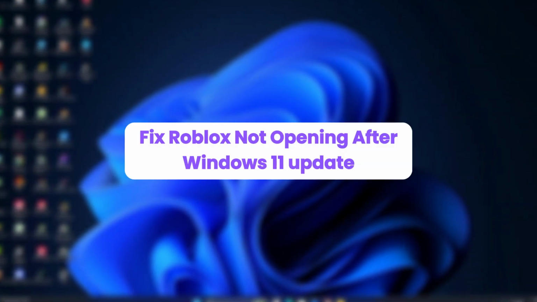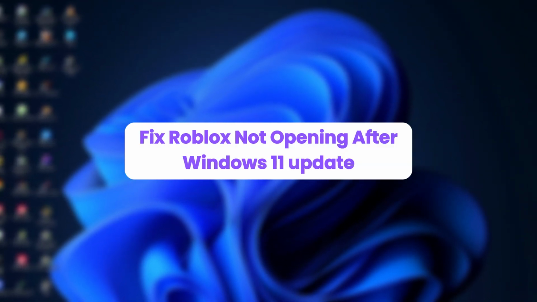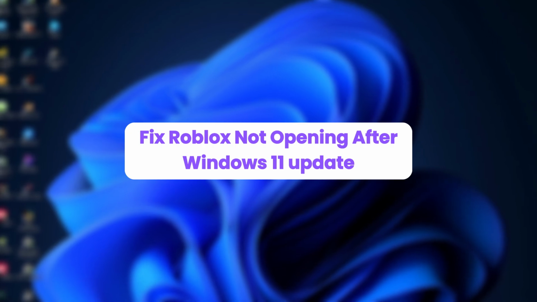Hello everyone. In this video, I will show you how to fix Roblox not opening after the Windows 11 25H2